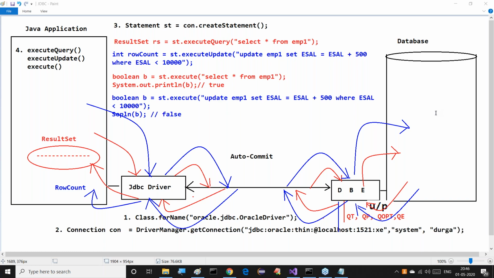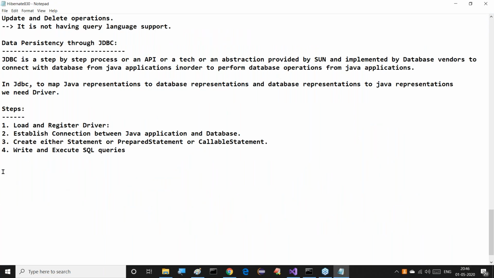Then what are the drawbacks with this particular JDBC? Definitely we have a number of drawbacks. What are the drawbacks here? Now tell me, all of you observe this clearly, in JDBC, must the developer write SQL queries or not?